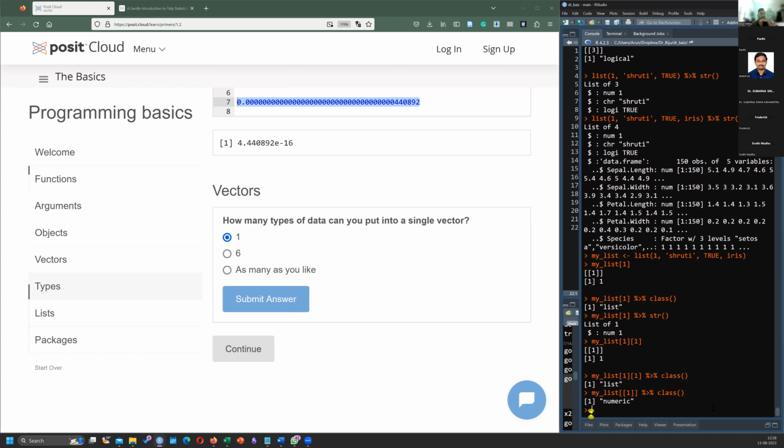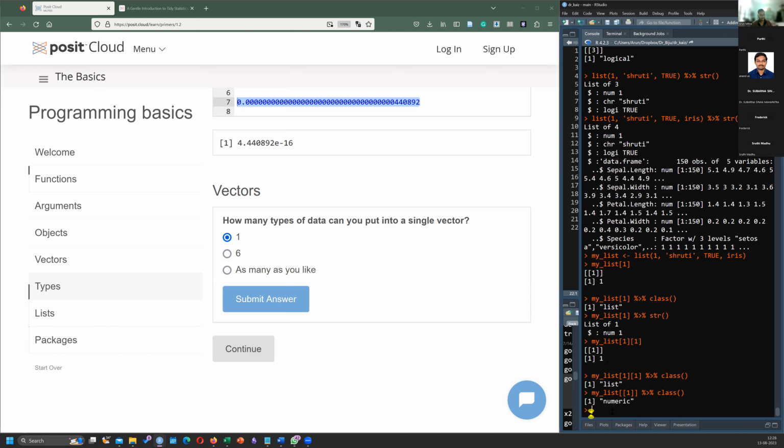So a vector is using a single square bracket, whereas for a list, it is two square brackets. You have to remember this, because by looking at this output itself, I'm able to tell that this is a list which contains a vector.